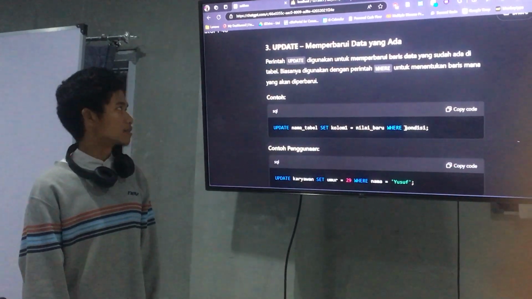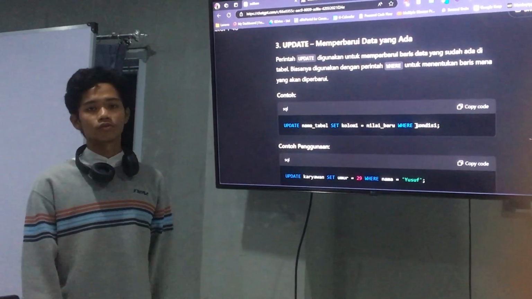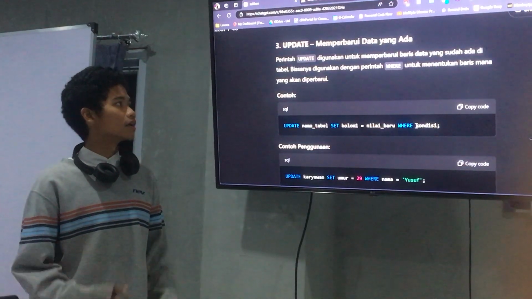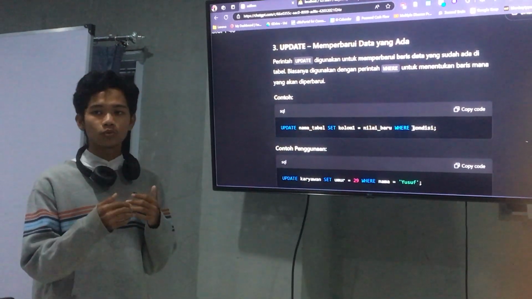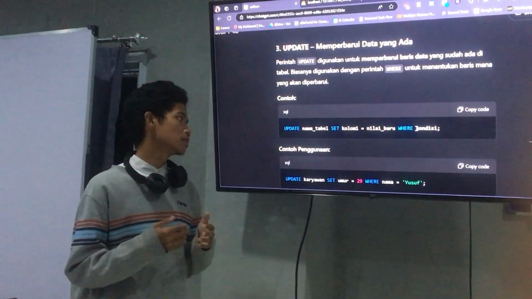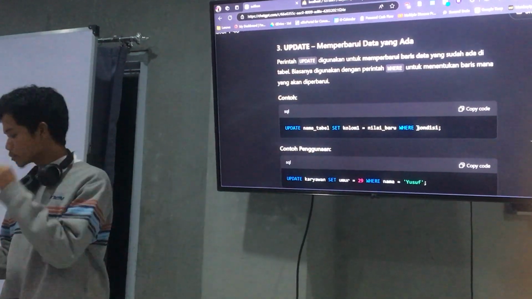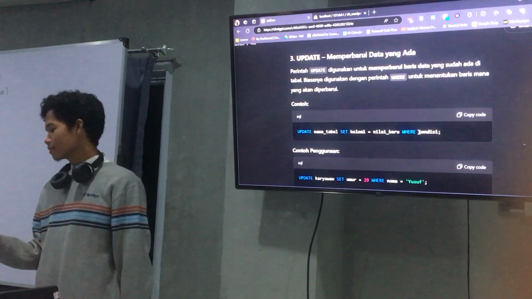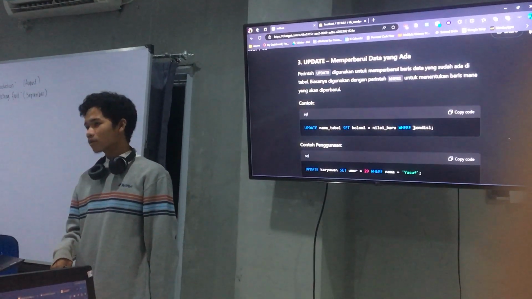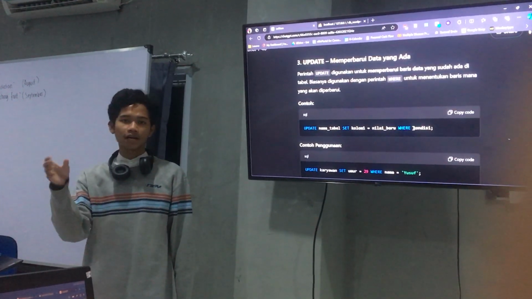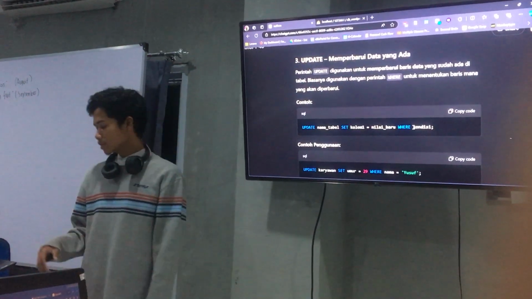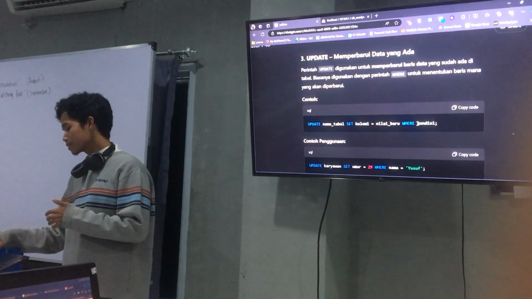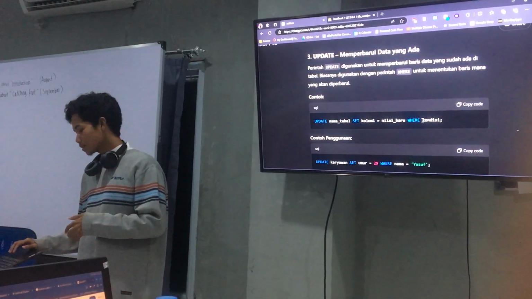The third and the last is update. This operation is used to renew the data that you have. If we want to edit or change some data in the table, we need to use this operation.